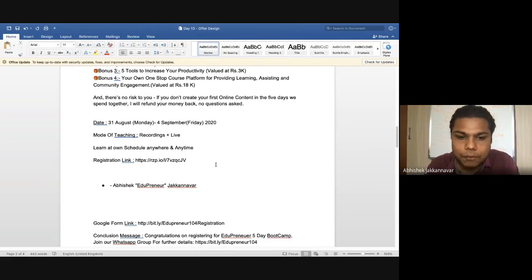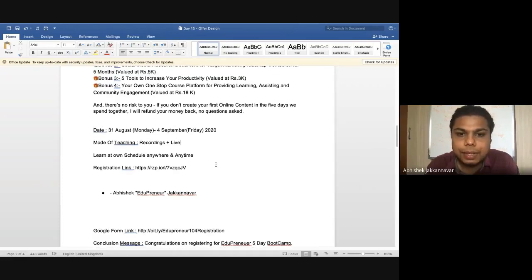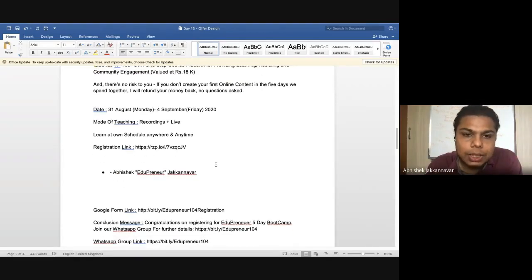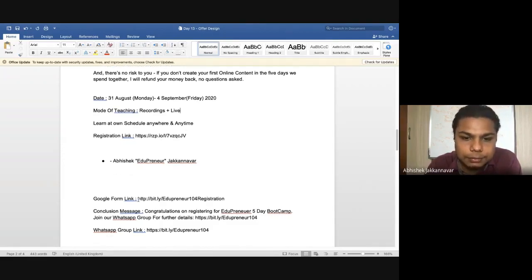Now understand the second segment. What are the other things you can put in the registration link? The basic thing you can do is directly give them a payment gateway link, and make them pay and get into your program. You can also create a Google form link.